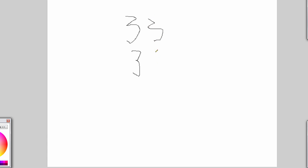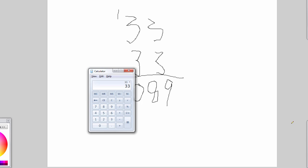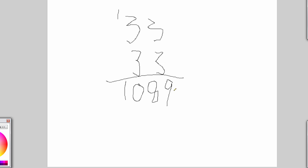33 times 33. So 9, 6 times 3 is 18. 9, 10. 1089. 33 times 33, 1089. Once again, 3 times 3, 9. 3 plus 3 is 6 times 3, 18. That gives us our 8. Then 3 times 3 plus 1, 10. So